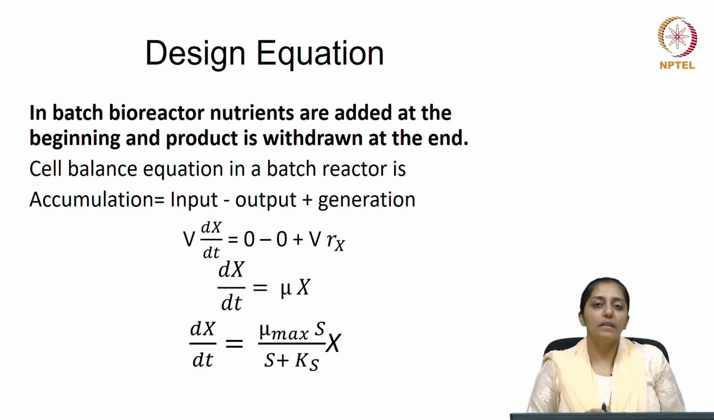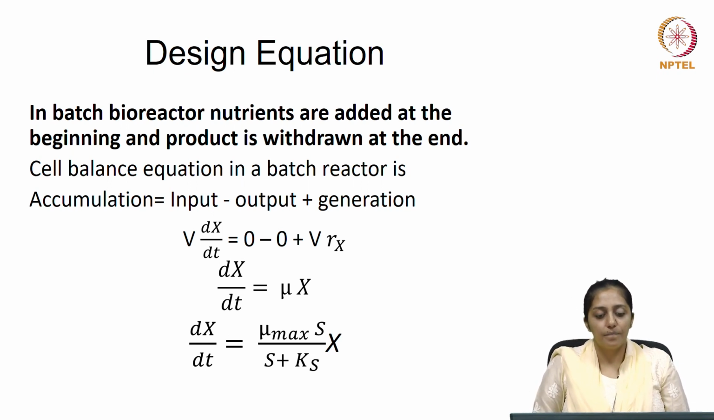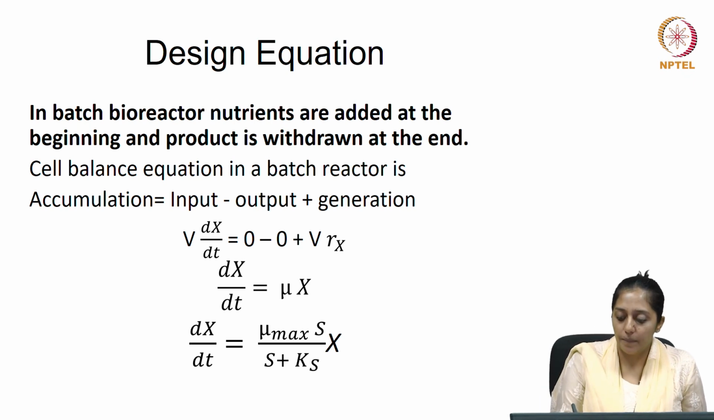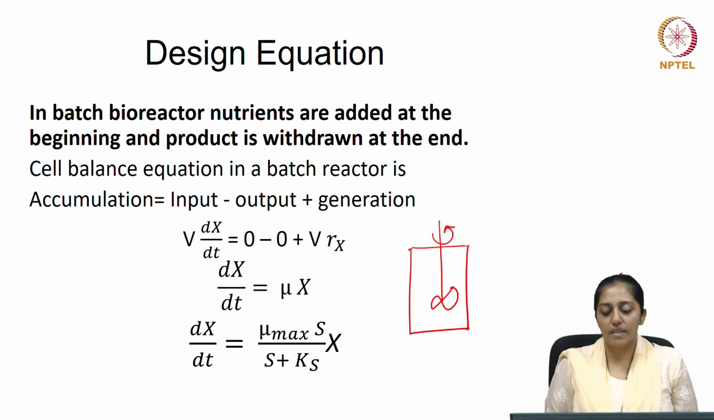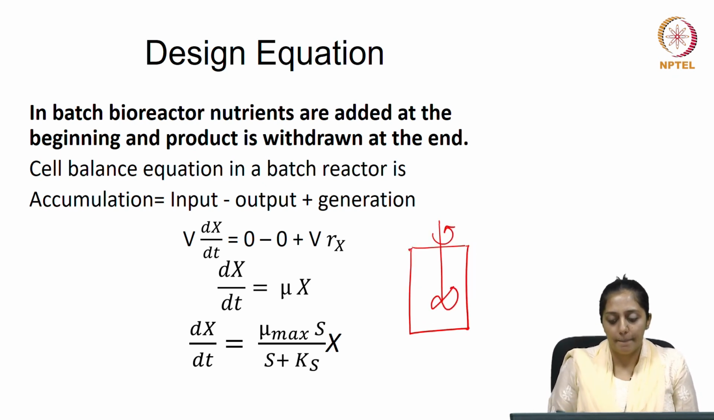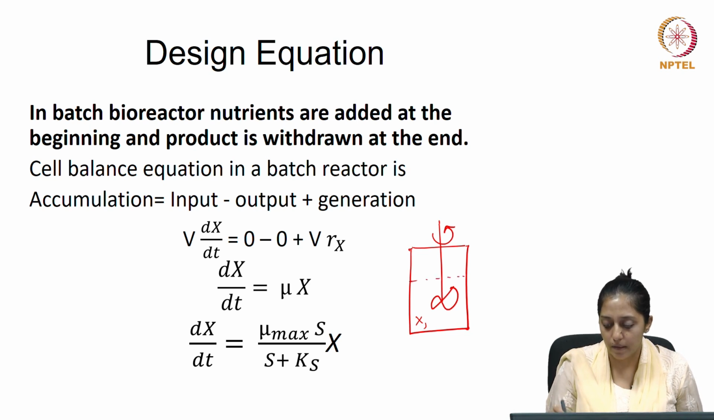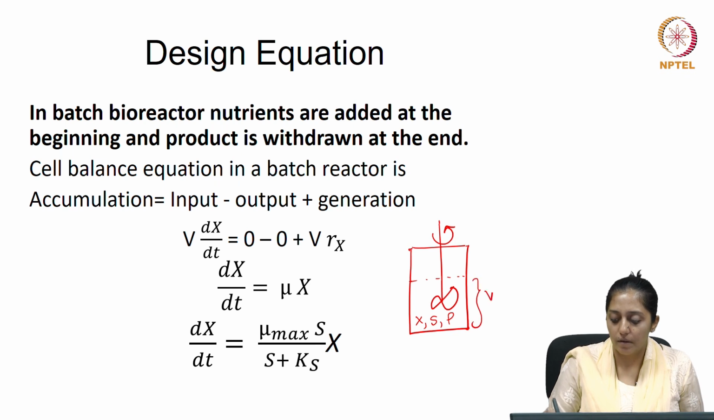So, now let us see the design equation for a batch bioreactor. Now, let me draw a schematic here for a reactor. As I said earlier, it is a closed system. Let us assume X stands for the biomass concentration inside the reactor broth, S stands for the substrate, and P is for the product, and V is your working volume inside the reactor. Now, if we do a cell balance across this reactor,